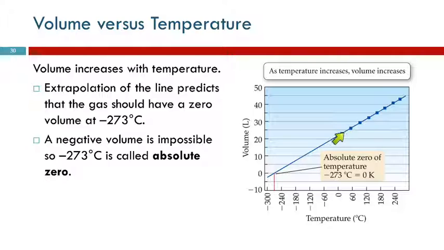You can graph that. Here's a volume of, I don't know, we're starting around 23 at almost zero. And as we increase the temperature of that sample, keeping the pressure constant but allowing the gas to expand, we see a nice linear relationship here. If we extrapolate, that means we're taking the relationship here and we're going beyond where the actual points are, and seeing where does this cross zero. This predicts that the gas would have a zero volume at minus 273 degrees.